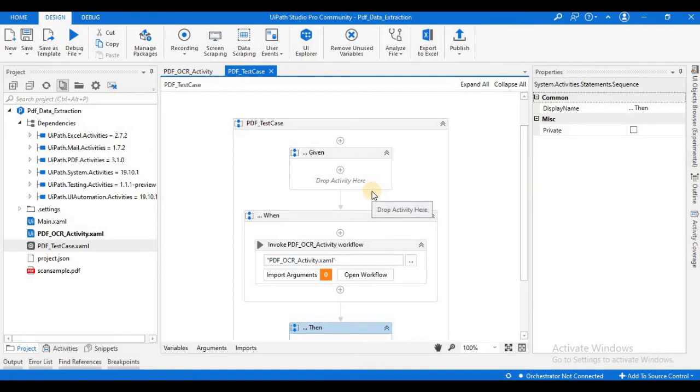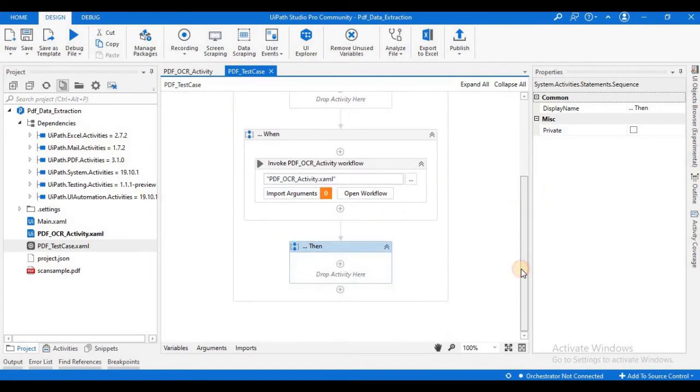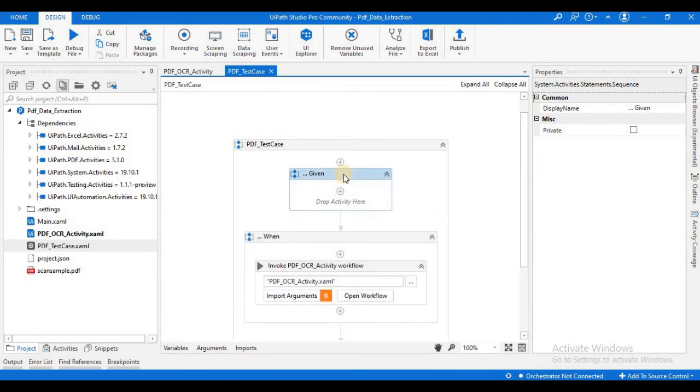What we have to do, we want to test our sample PDF file which contains some images. Okay, so this workflow which I have designed uses an OCR activity. That means some PDFs contain images, right? A simple Get Text activity cannot extract the data, right? So we are using the OCR activity here. This is the simple workflow which I have created, and this is my sample file which I want to use in my test cases.